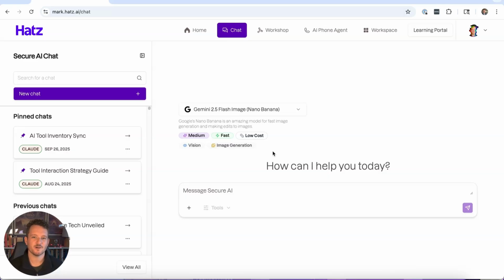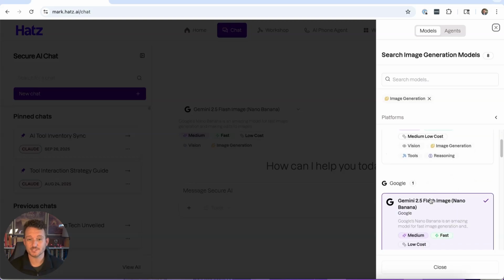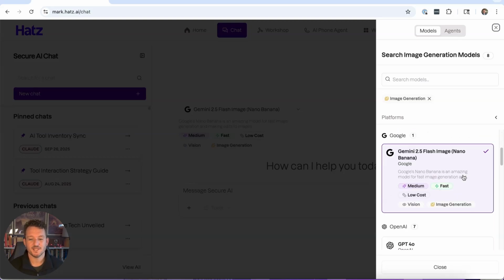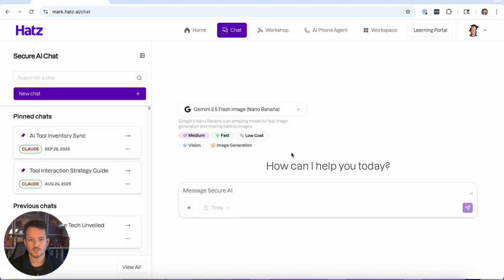Low value, low effort. Things like image generation. We have 8 image gen models currently in the platform, and they can save you some time creating graphics for PowerPoints. They can be fun to use. They can help you imagine what some schematics for a building might look like, but they're not going to save you hours and hours and hours of work. They're also incredibly easy to use. You just tell the AI what you want it to design for you.